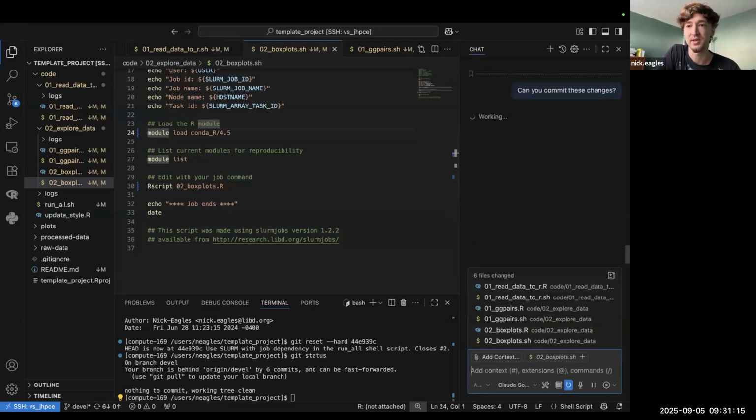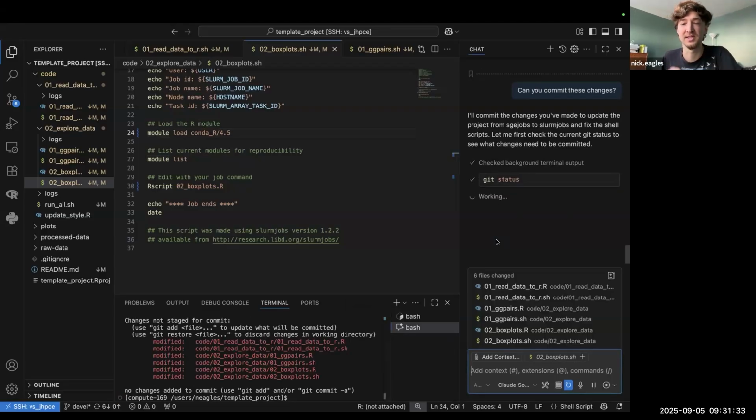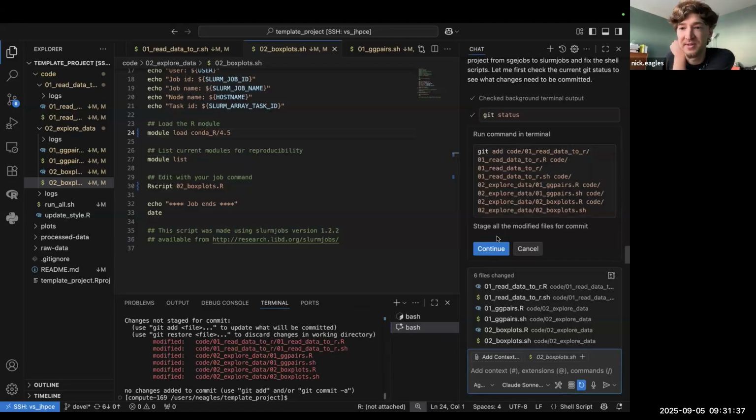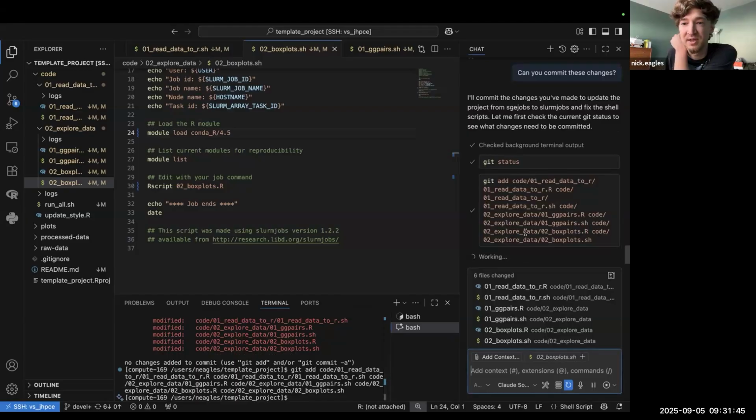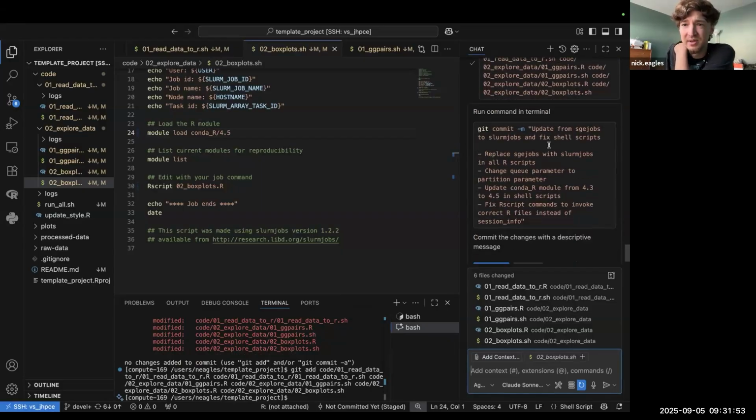I forget how it integrates with... oh, what? It has to manually run. I guess maybe there's some setting where you can allow it to do anything. I'm just going to do this. I'm not going to actually push these, obviously, but just locally I'm going to do this. So it does know what files to add. I'm curious about its commit messages here. Git commit, update from